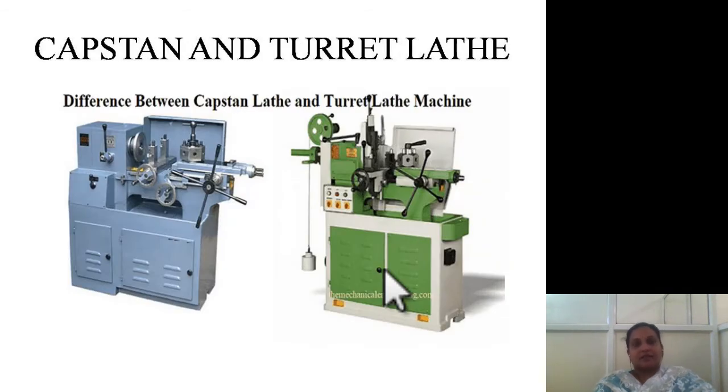Next one is capstan and turret lathe. See, what we have seen till now are general types of lathe where you have a headstock and tailstock. Means one side you will have a headstock and another side you will have a tailstock. But here, instead of having a tailstock, you will have a turret. On both the capstan lathe and the turret lathe you have a turret. So here, on the turret we will be having different types of cutting tools. Now let us look at this capstan turret first.